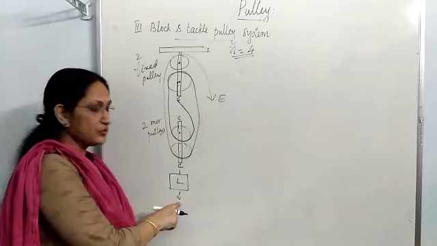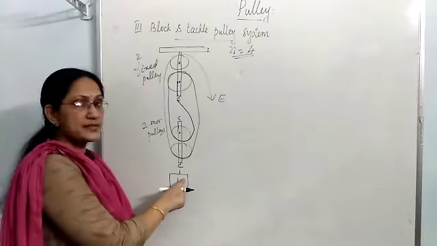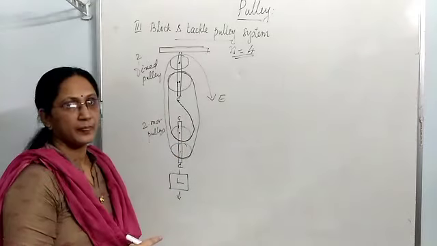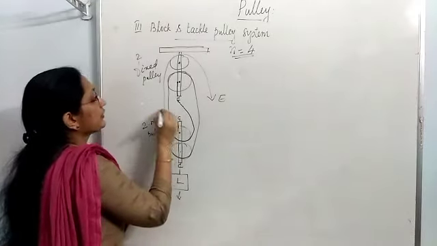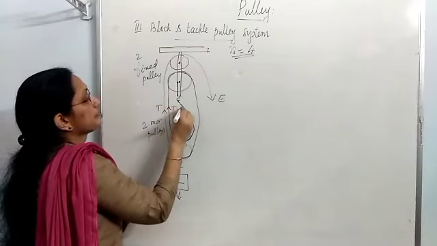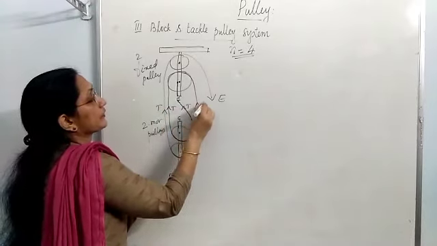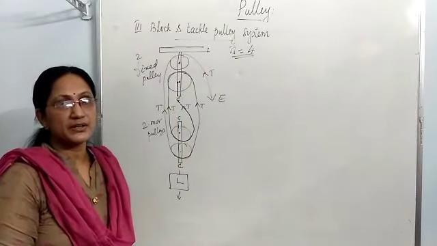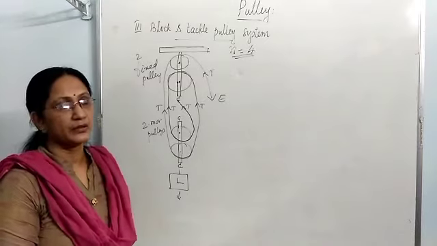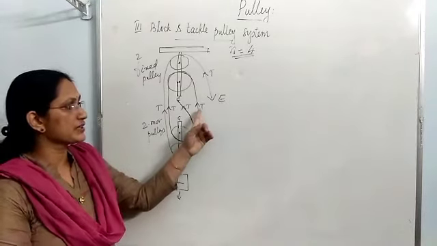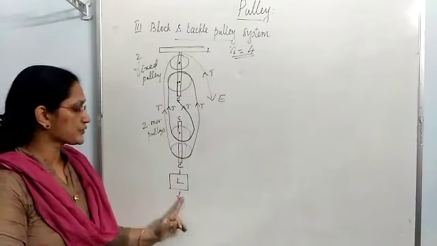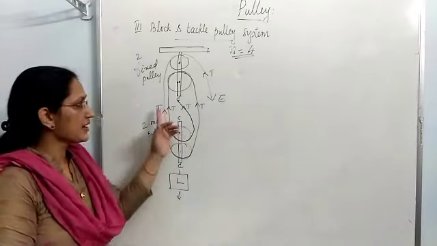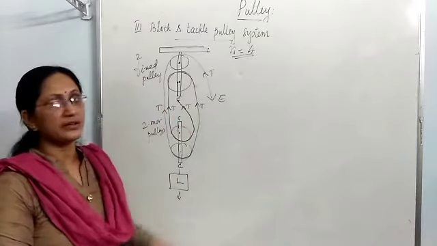Okay, now since some load is hanging here, the direction of the load is downward. Weight always acts downward. Then this load is held in position by these rope segments. So tension will act on the rope segments. Let me mark it. Here also tension will be there. In the entire rope, there will be tension in the same direction. So mark the direction of the tension. Tension acts in the opposite direction of the load. In whichever direction the load, the weight, acts, in its opposite direction there will be tension.